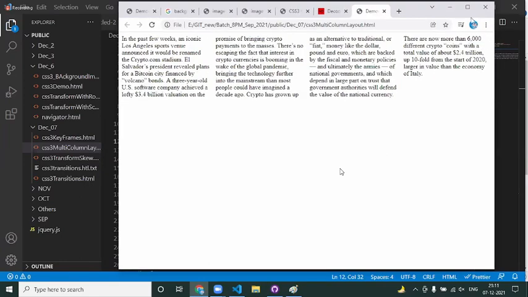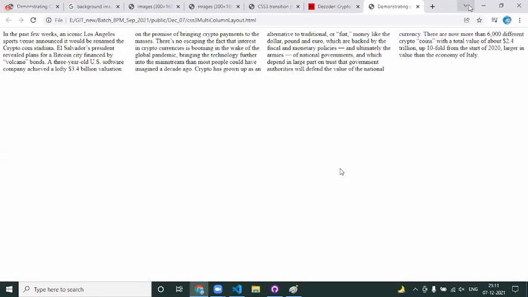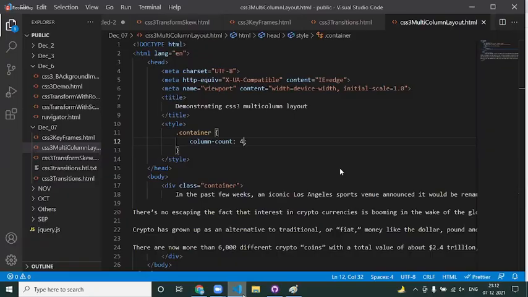Just assume, guys, if we had to implement this manually, dividing the content into columns is okay. We can divide it by giving percentage widths. But the challenging part is that according to the width of the page, the content has to get adjusted. That's very, very complex. You need to depend upon JavaScript and so on. But by using this multi-column layout, the first CSS property, column-count, you can specify any number of columns you want.